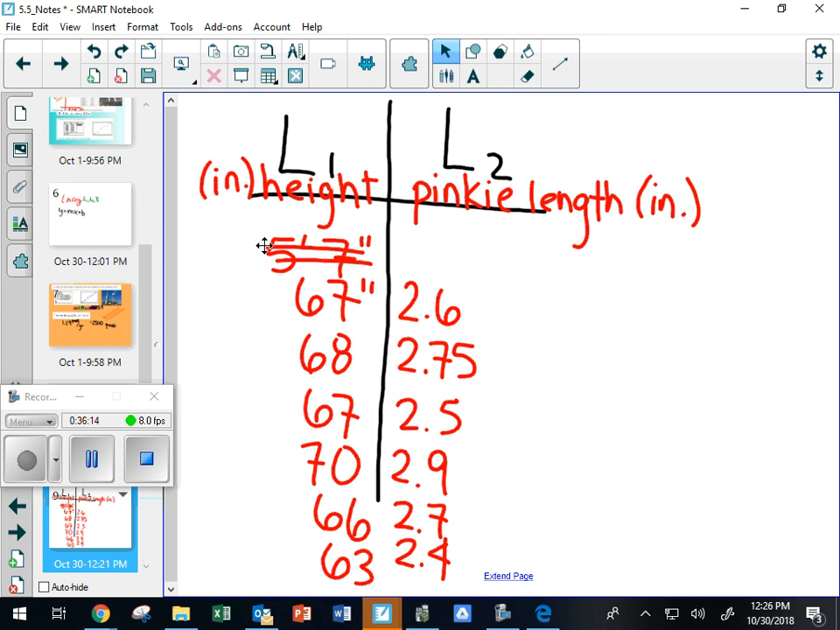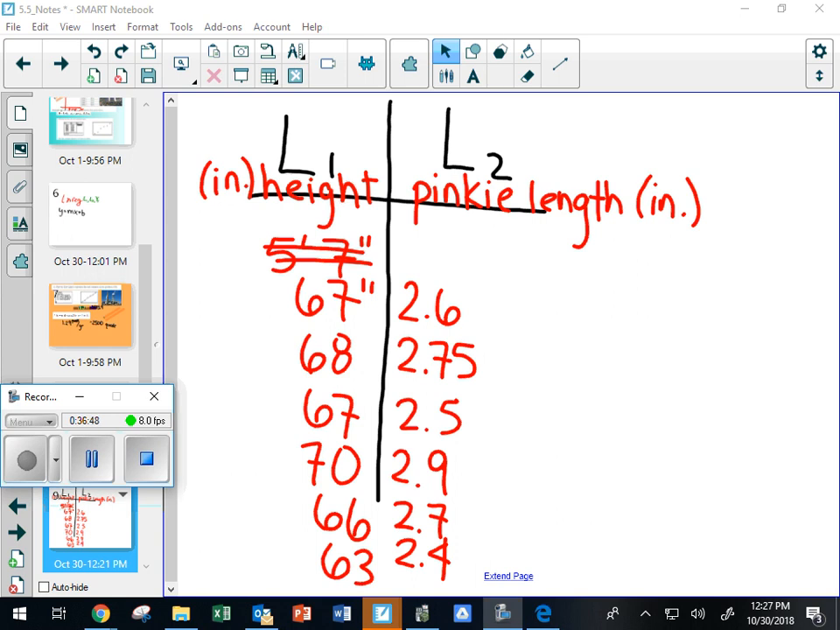All right. So, this is what we have for our data. On your own now, type in. This is our height. Height is going to be our x variable, so it should go in L1 or L2. First list or second list? First one. All right, and then we have our pinky lengths. I'm going to pause while everyone gets that entered into their calculators. All right, so